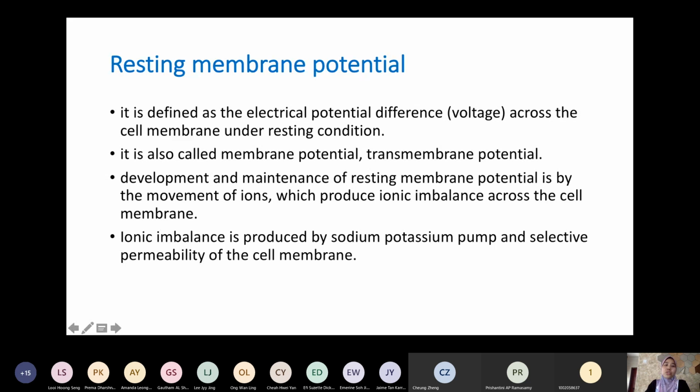So transmembrane potentials. Its development, what makes the electrical currents or the differential potentials in our nerve, actually depends on the movement of the ions. Our membrane bilayer has ion channels, and these ion channels cause the influx and efflux of certain ions, making the electrical potentials between inside and outside of our cells. The ions themselves are mostly sodium and potassium. So in the membrane itself, we have the sodium and potassium pump.